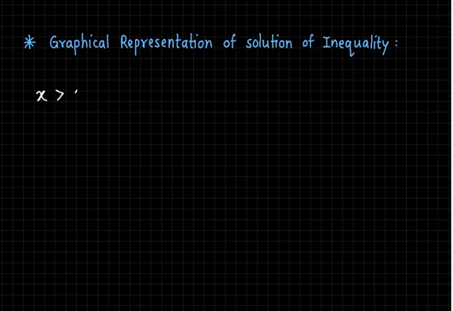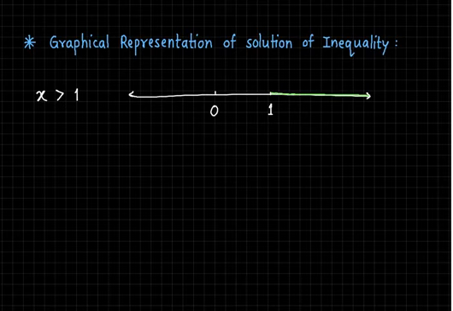Suppose we consider the inequality x greater than 1. So what does it mean? It's the set of all the possible values of x, and we take it as real when nothing is mentioned, such that it is greater than 1. So on a number line, say there is 0 here and 1 here, I will include all the values to the right side of 1, isn't it? So I darken the number line which lies on the right side of 1.